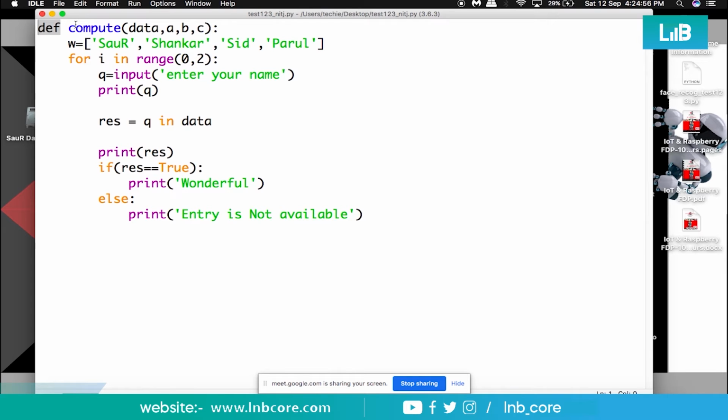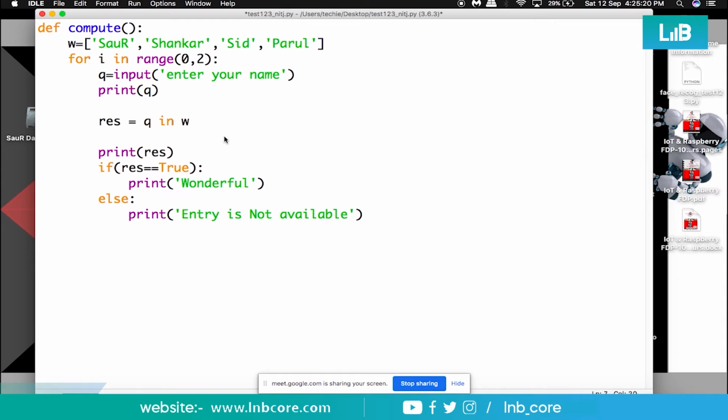The type of function here is the second type of function. The first type of function has no return type and no argument, but here we have one argument, that of data. You can remove this data variable also. You can directly write w here.